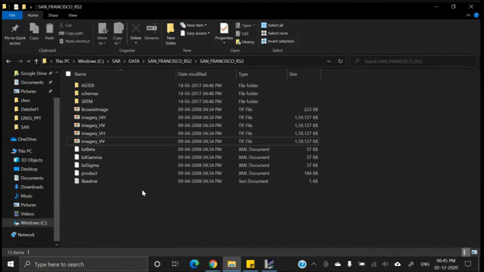For example, look angle, incidence angle, then lat long information. Then also we have the in-phase backscatter information, quadrature phase backscatter information. So a lot of information will be there. And that is why this data set is called complex data. This is the first thing I'd like to mention. And second thing I'd like to mention is, you should forget everything about the optical remote sensing.